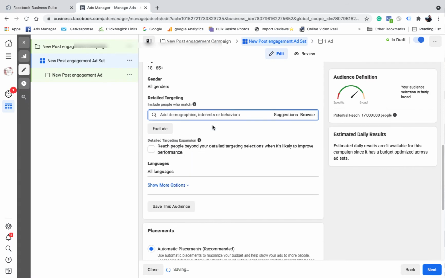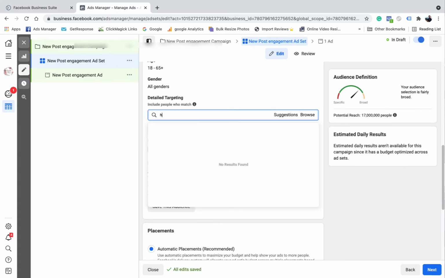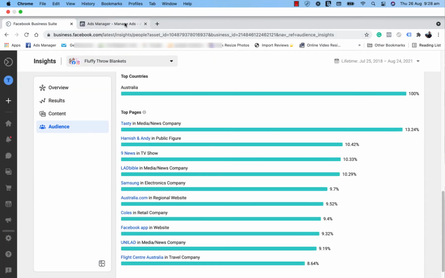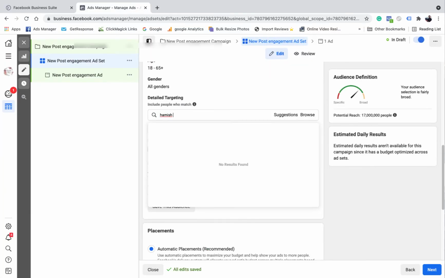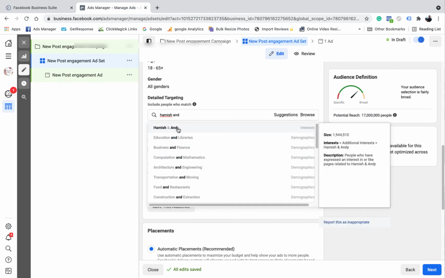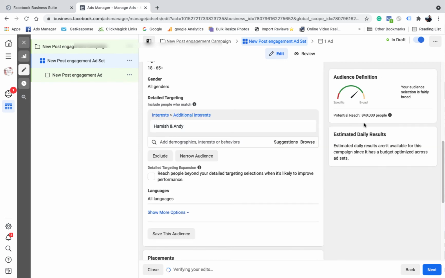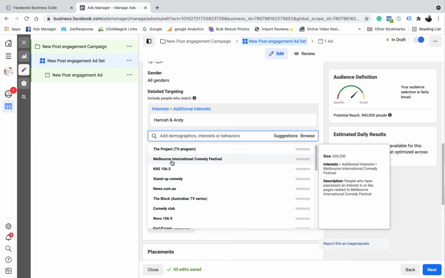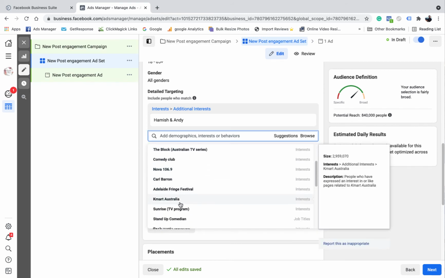So then you can come down here. Obviously, Hamish and Andy will probably come up. I don't know. How do you spell Hamish and Andy? Yep. And there we got an audience size of 840,000, more than enough than we need to target. But then if you wanted to find more interests like Hamish and Andy, again, you just hit the suggestions, The Project, and Comedy Club. All these would be good